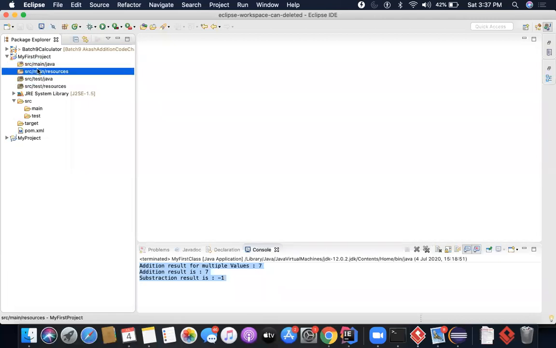Then you will have two sections here. First is main, second is test. Now Maven wants you to keep your code well structured. And the first level of structuring it will ask you to do is between main and test. So what Maven says is that the same project can be used for development code as well as test code. But there has to be segregation between them. So your development code should be placed inside main, and the code which you are writing to test the development code should be placed inside the test.